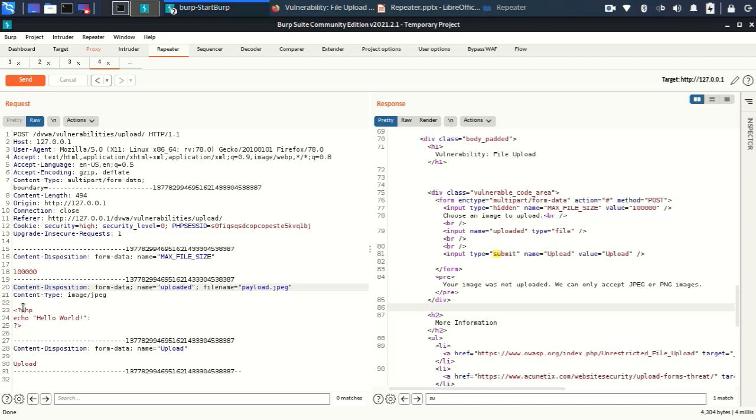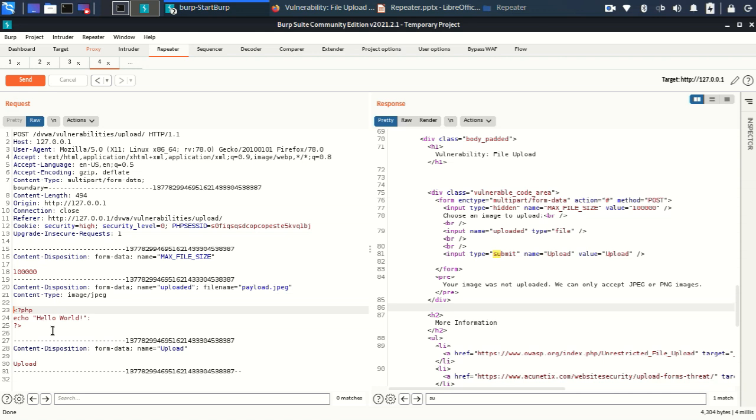Before uploading, the server will go through the contents of the file. While going through the contents, the server will find this PHP code and will not accept the file, because it only accepts JPG or PNG images. So we have to add one directive to the file, so that whenever the server tries to scan the contents of the file, it will show it as an image file and not a PHP file. So for that we have to add one code to the actual file. Let's see how to do it.